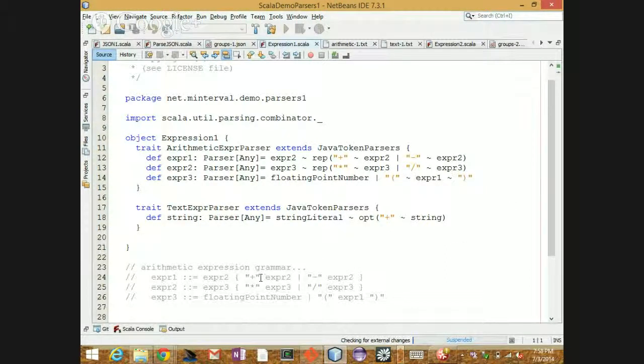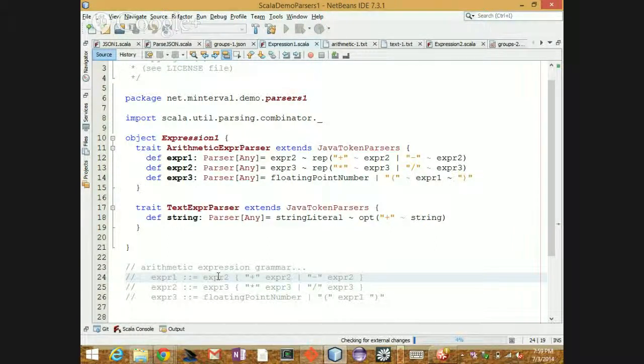This thing can see plus and minus, so it sees something plus something or something minus something. You might notice that I have plus and minus separated from multiply and divide, and that actually gives you the precedence. So if I want to find out if I have an expression 1,